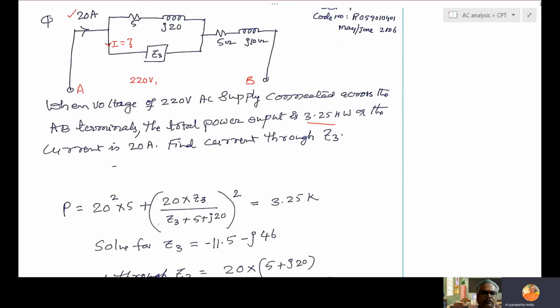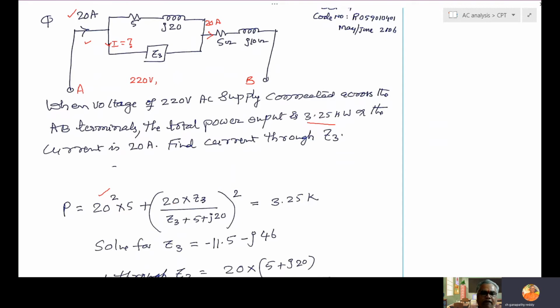Therefore, 20 square, what is the current here? This current is 20 amps. What is the current here? Dividing, then again combining, 20 amps only. So 20 square into 5 is the power, plus then